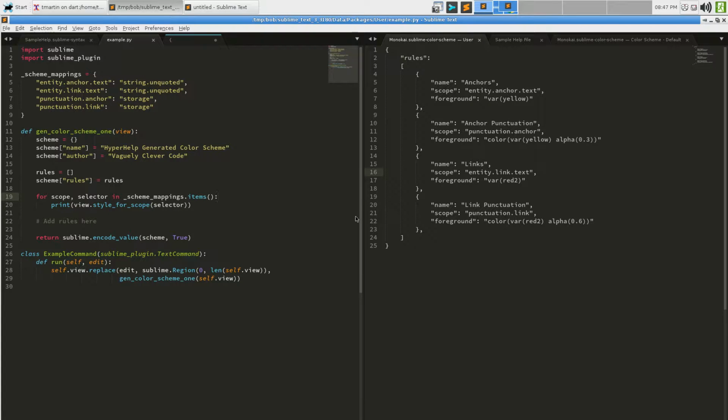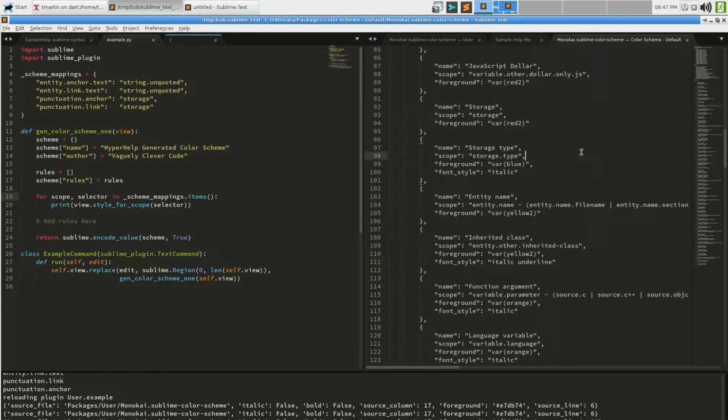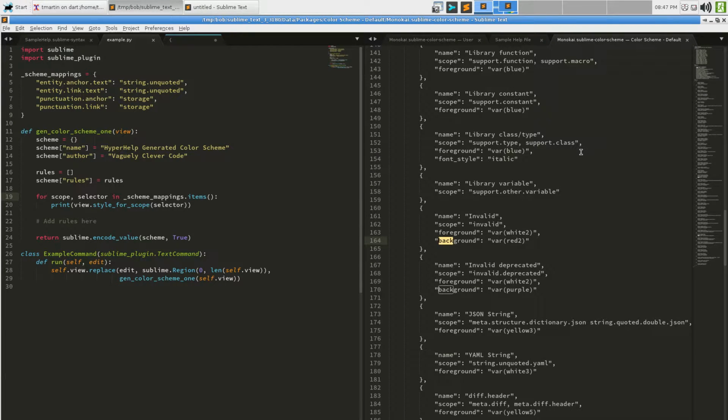So we're going to need to turn one of those into one of these. How do we go about doing that? Well, we know exactly what this is doing. Now, just for our own purposes, is there something in here with a background? Yes, invalid.